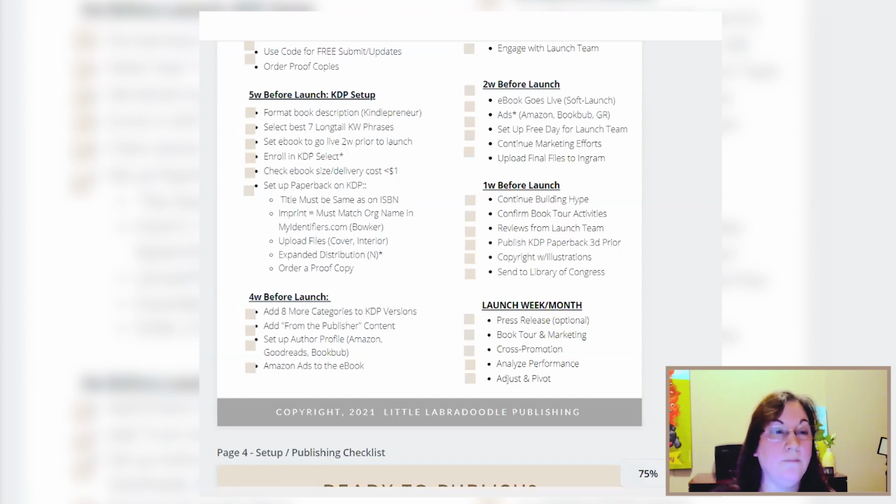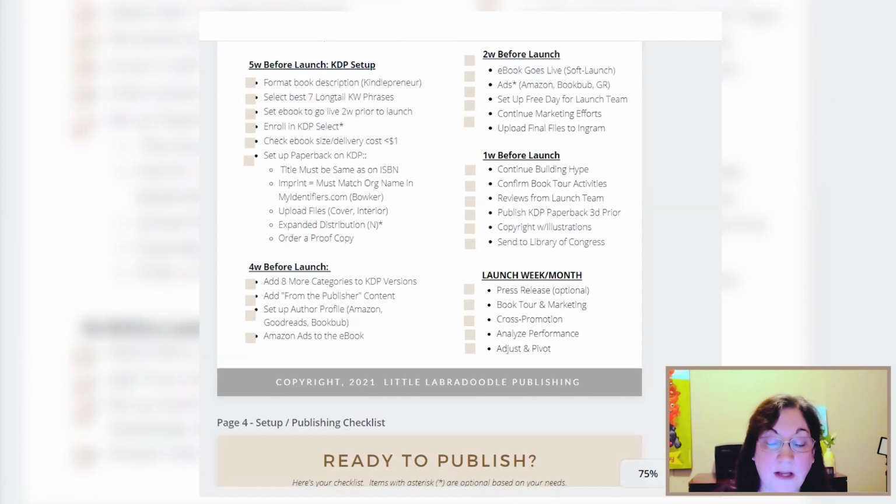However, because both of those things are published even though they're pre-order, you can add categories and you can add A+ content to those listings. You can also make sure that they link up correctly. And once the reviews come in, then the ebooks that get reviews will get inherited by the print books as well. So now you've uploaded everything with Amazon, you've gone through your paperback, you've ordered your proof copy.